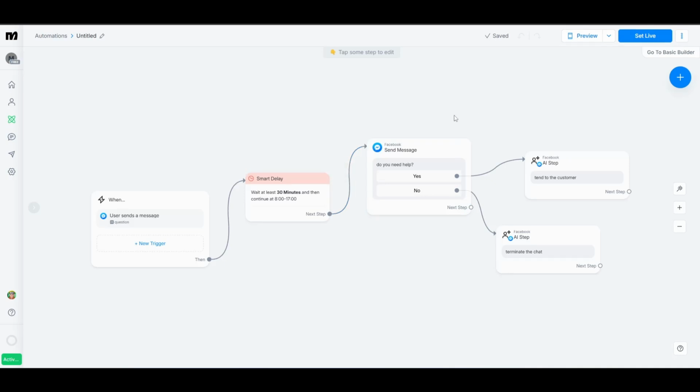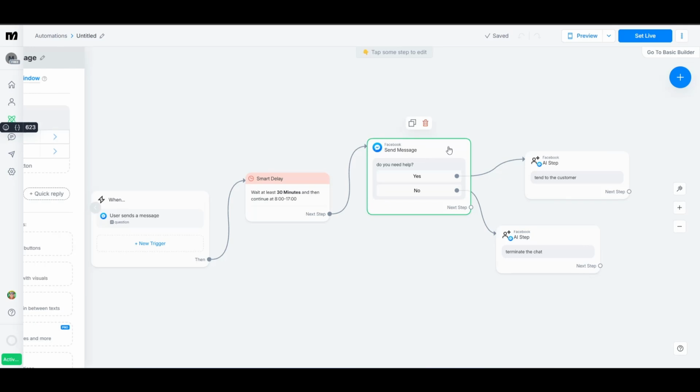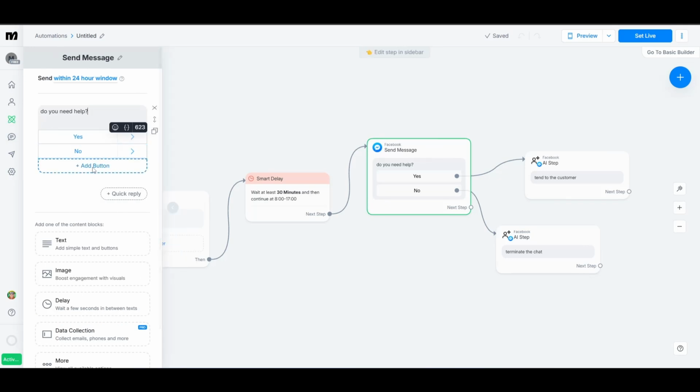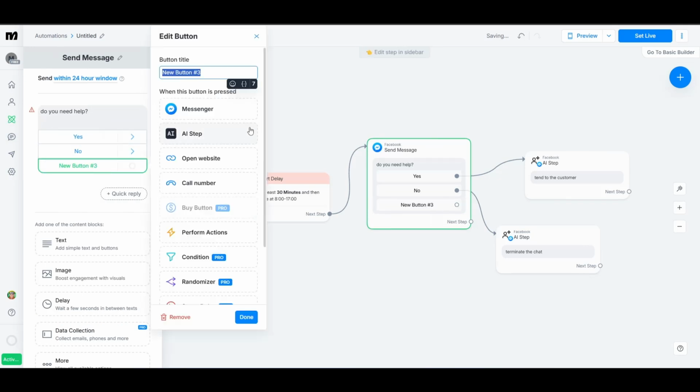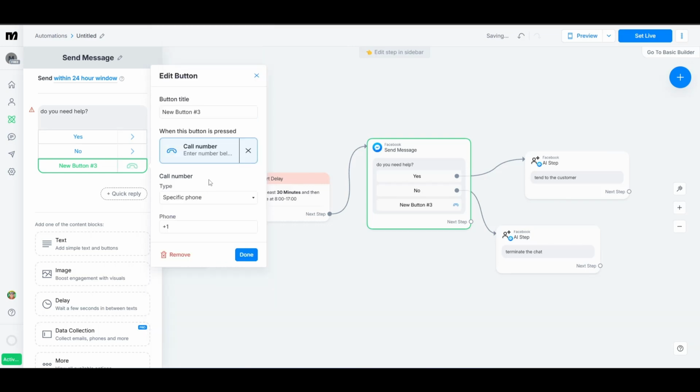So look for the message content, this one, click on it, and then you just need to click on the Add Button here, and then select what would happen if this button is pressed. So let's say I'm going to select Call Number. So whenever someone selects this button here, they will call a number,